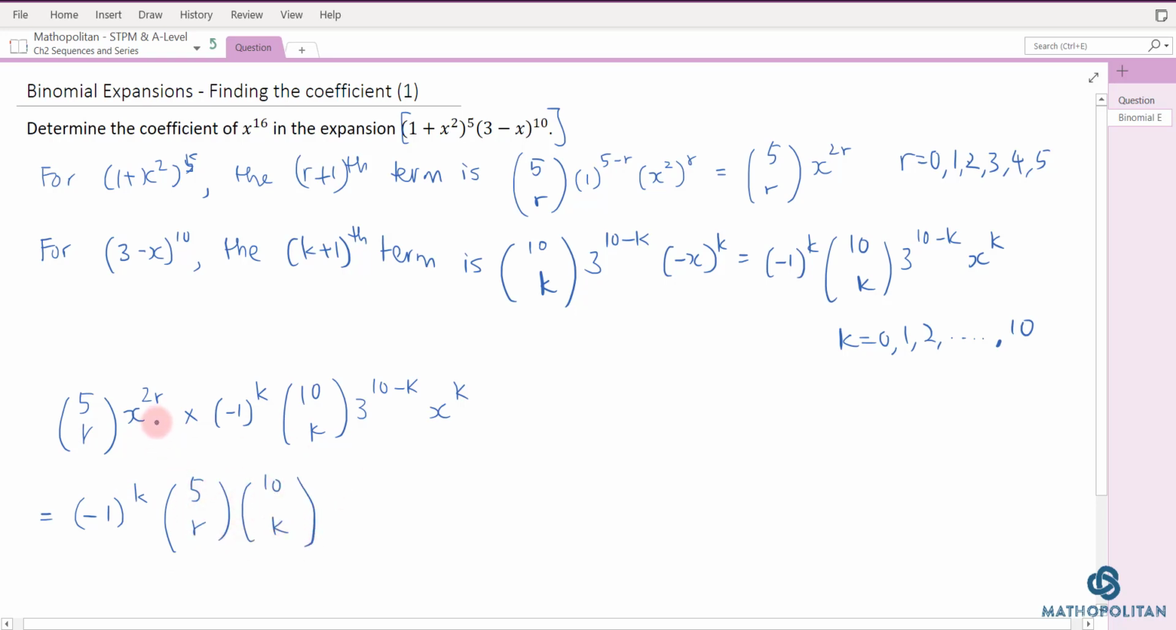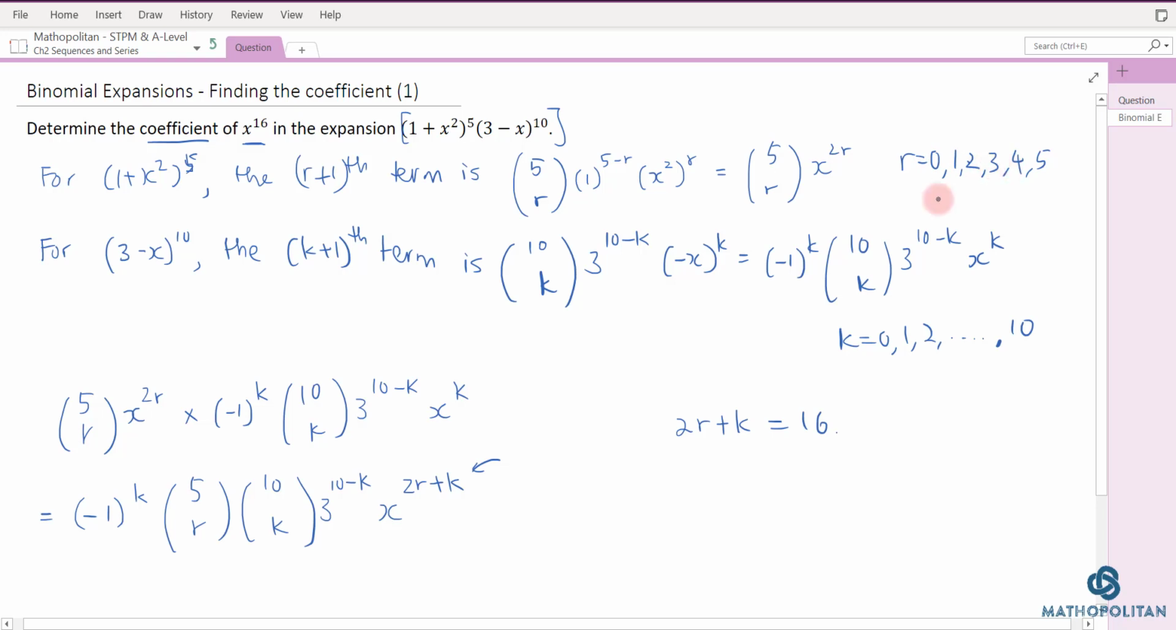And then for the term in x here, we will have x to the power of 2r plus k. And then, not forgetting, we have 3 here. This is 3 to the power of 10 minus k. Alright, now for this 2r plus k here, we need it to be equal to 16, because we are looking for the coefficient of the terms in x to the power 16. So in order for 2r plus k to be equal to 16,